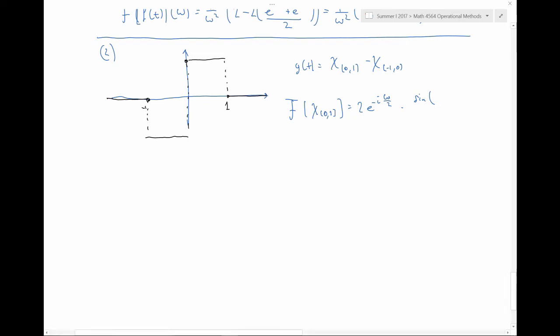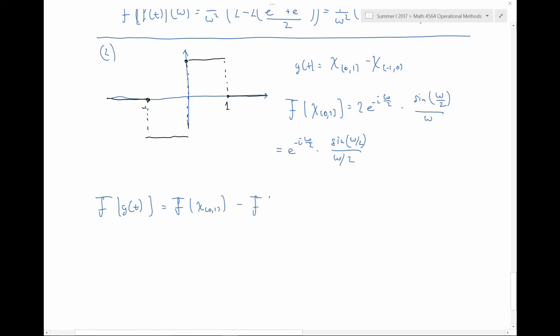So it just ends up being omega over 2 divided by omega. We can rewrite it for simplicity as e to the minus i omega over 2 times sine of omega over 2 divided by omega over 2. Since g is just a summation of these two characteristic functions, and those characteristic functions are symmetrical, we can write it as the Fourier transform of the chi 0, 1